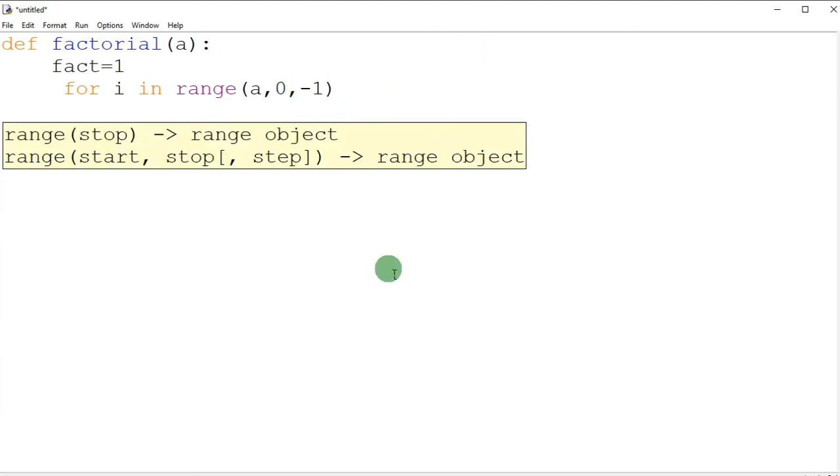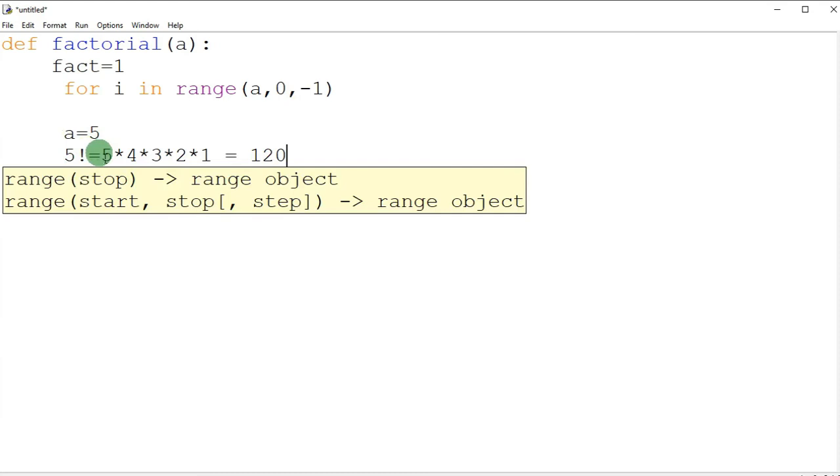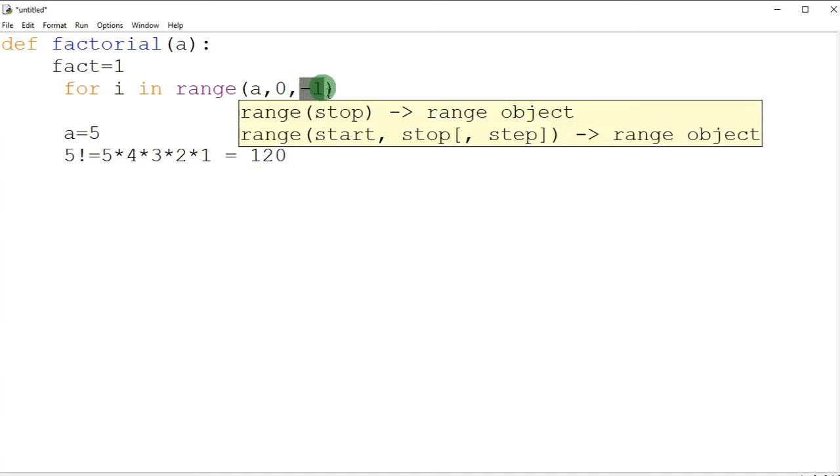Here you can see this is decreasing, initially it was 5, then 4, then 3, then 2, then 1. So that's why explicitly we need to put this decrement here, -1.